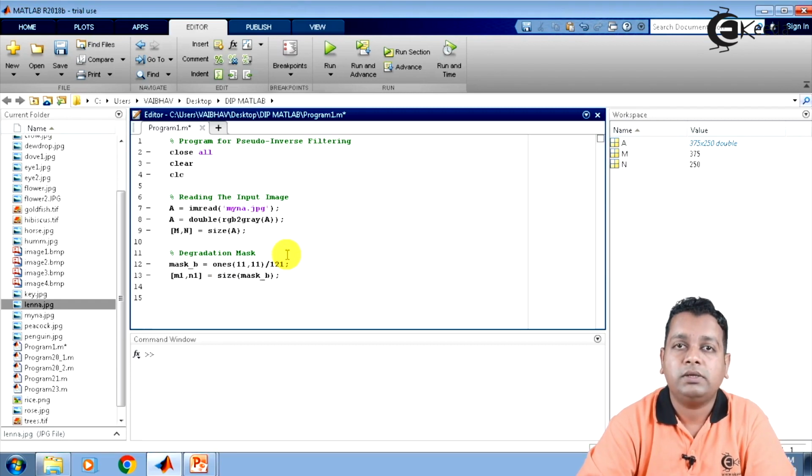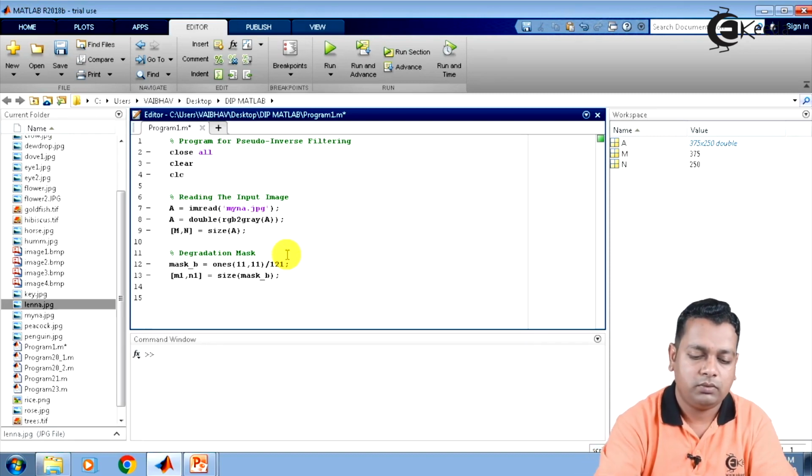Now this is simply the representation of the degradation or the mask function along with the input image in the spatial domain. For this type of image restoration, we want to work in the frequency domain. For that purpose, we should use the direct transformation for two-dimensional data with the fft2 command. So here we mention the comment: transformation to frequency domain.